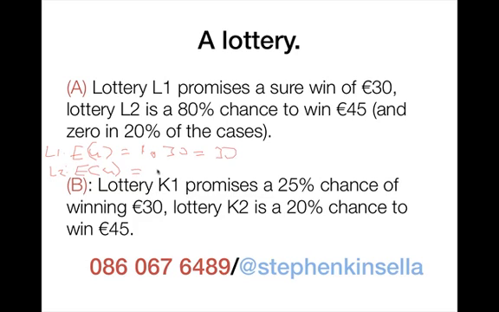Your expected utility from the second, from lottery 2, is going to be 0.8, an 80% chance, multiplied by 45, plus 0.2, a 20% chance, of 0. So 0.8 times 45 plus 0.2 times 0. The truth about it is, even though L1 is less than L2, the expected value of 0.8 times 45 is clearly bigger than